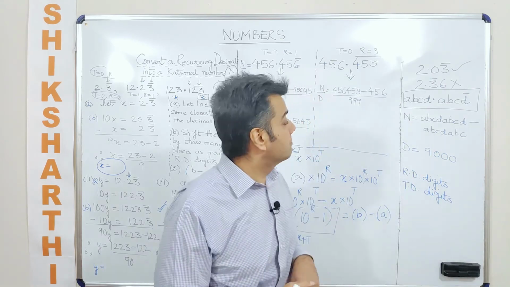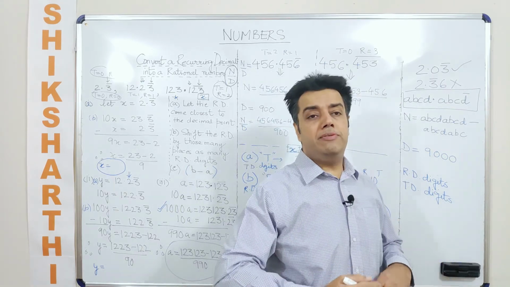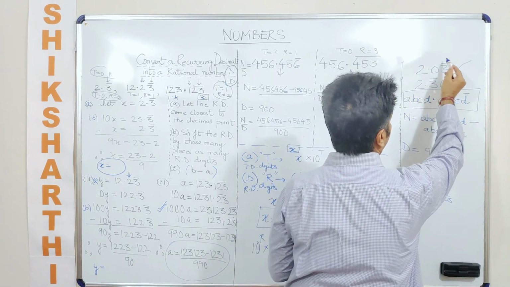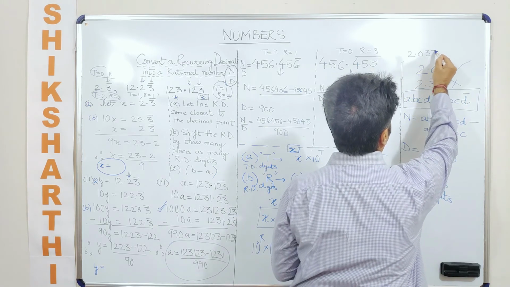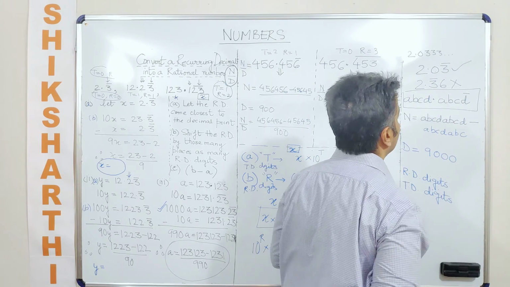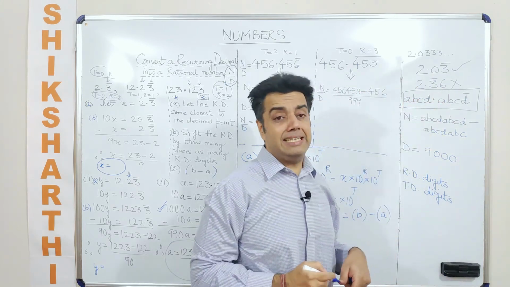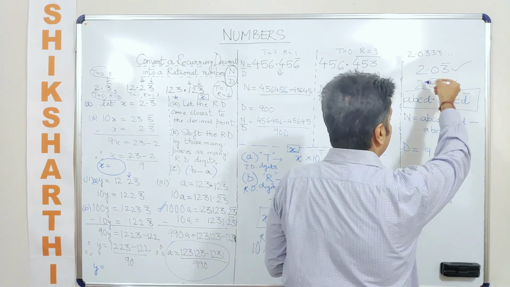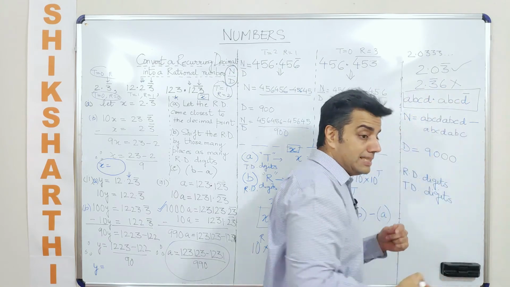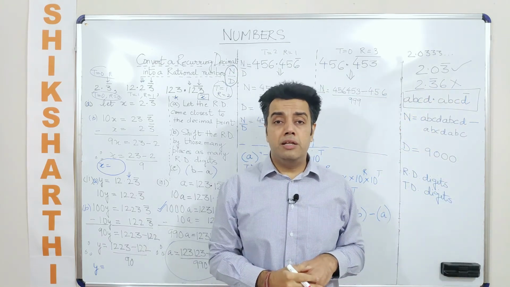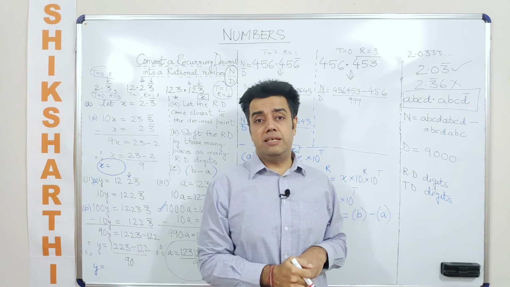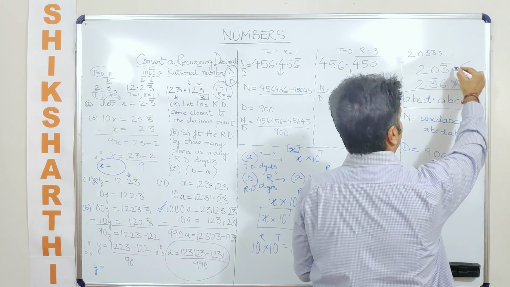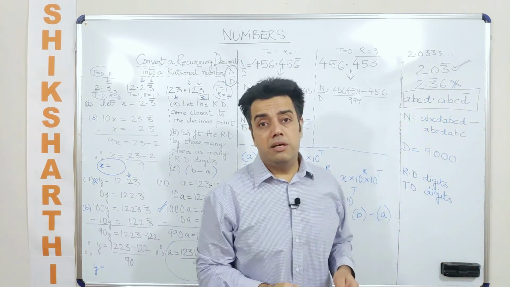Last but not the least, how can a recurring decimal be formed? So you will see that this is one example that I have taken, let's say 2.03 bar. Now this has to be understood as 2.03333 and 3 continues. But can I have a recurring decimal that ends on a terminating decimal? I mean, a recurring decimal digit first followed by a non-recurring decimal digit, which is a terminating decimal digit here. No, you cannot. So this format is absolutely incorrect. This is the only format that you can have for a recurring decimal.